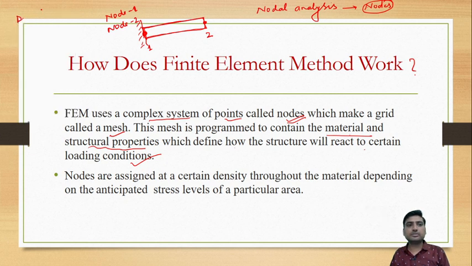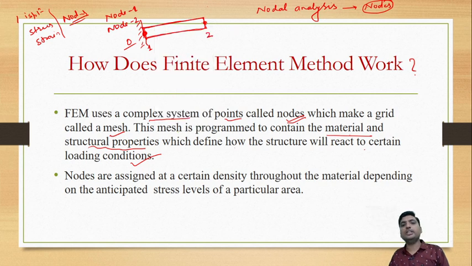We need to find displacement, stress, strain. Where we will find? We will find at nodes itself. Means at node 1 what is the displacement, at node 2 what is the displacement. Okay, here at node 1 displacement will be 0 because this is fixed end support. So we'll discuss this also in degree of freedom in upcoming slides. So here some displacement will be there. How much is that displacement we will find. So at nodes only we are going to find displacement, strain, whatever we want. That's why I told you, you can see it as a nodal analysis also.